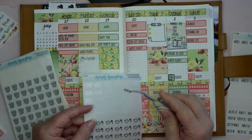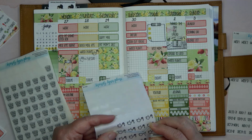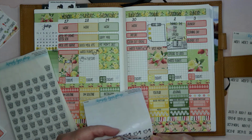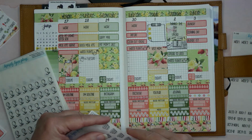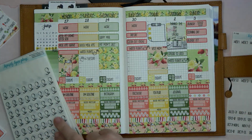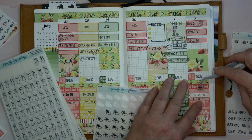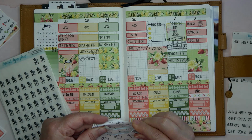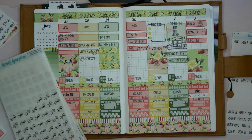I've just had so many thoughts going through my head, and I just, you know, my word for the year was grow, and part of that growth was to move me in this direction. And I think that's why I am feeling this urge to do that. And I'm feeling like I am getting closer and closer to that. I'm kind of hoping that with the changes that are going on at work, there might be the opportunity for me to work from home some. And if I could do that and get to where I could do that all the time, then